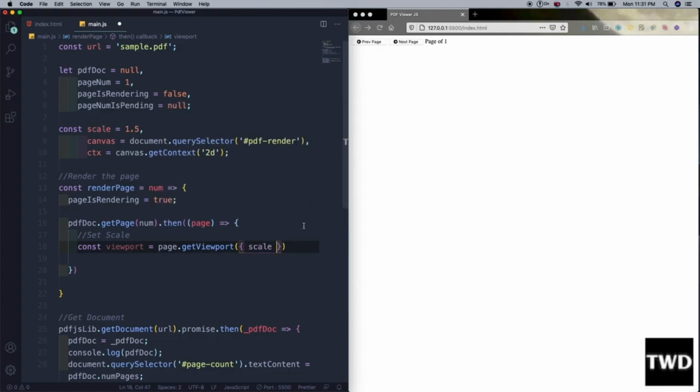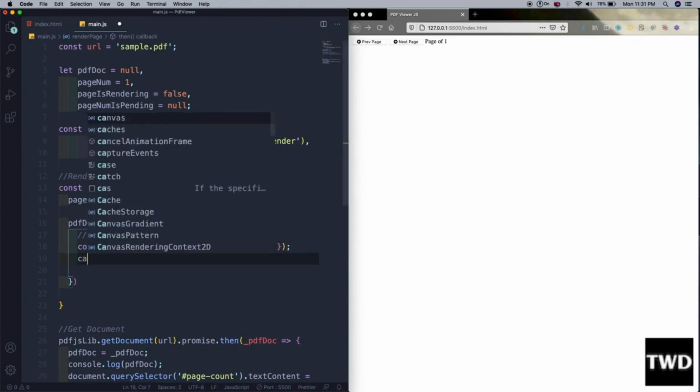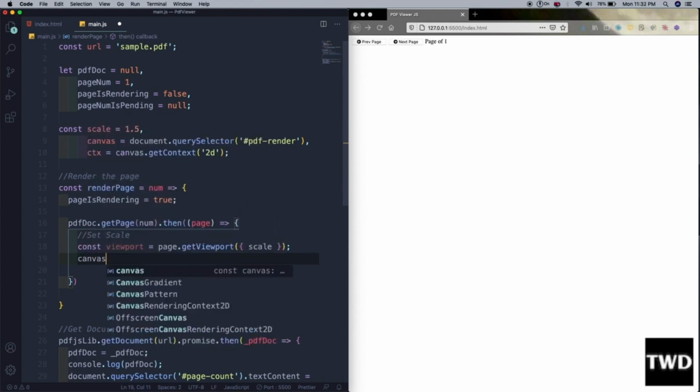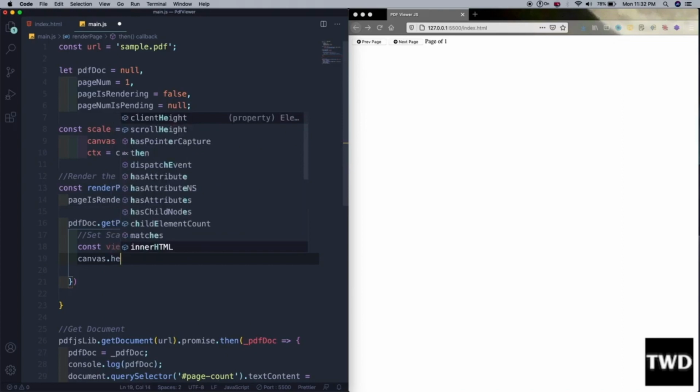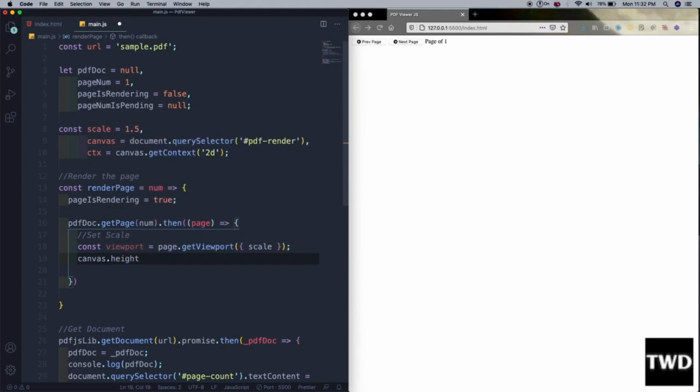So this is the scale we are talking about, how it will show in this page. Now the canvas, as you know, canvas dot height equal to viewport, which we have just defined, viewport dot height,